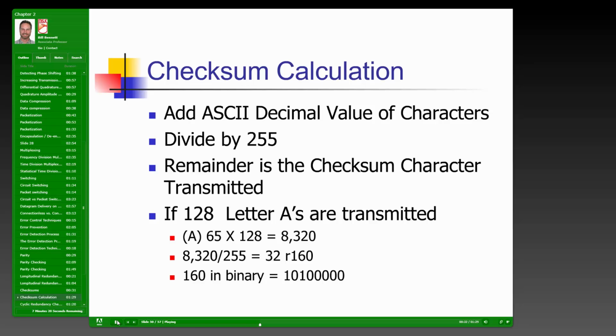So if we have 128 letter A's being transmitted, that's the calculation we're showing you here. Remember that the decimal value of a capital letter A is 65. We're transmitting 128 of those. So we take the value of the letter A, multiply it by 128, which comes to 8,320, divide that by 255, which gives 32, and the remainder is 160. Now 160 is translated into binary, which you see at the very bottom of the screen, 10100000,